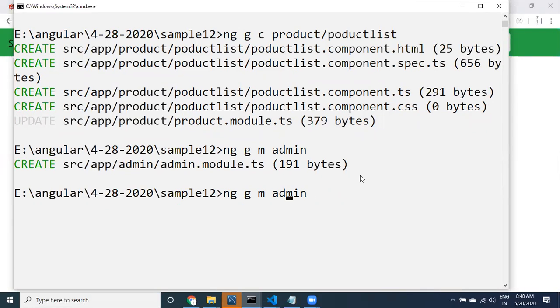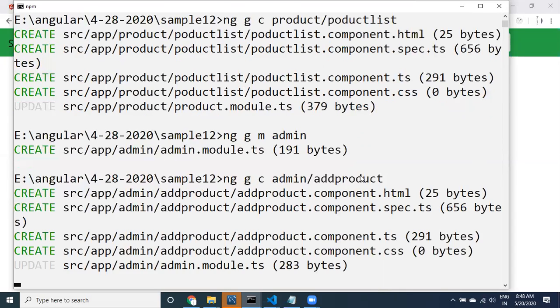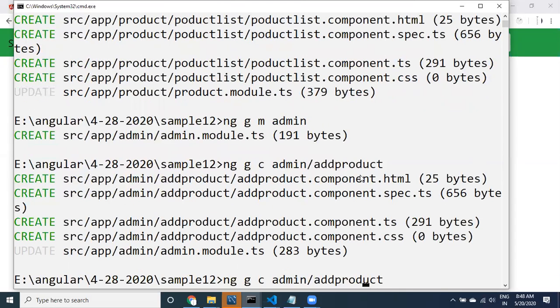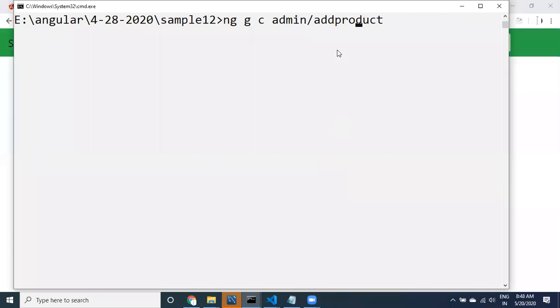Here in the admin, go to component. Admin, maybe like add product. Add product is one component. Maybe like, okay, display product is another component.